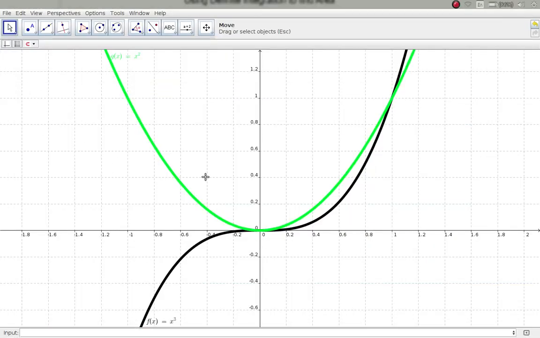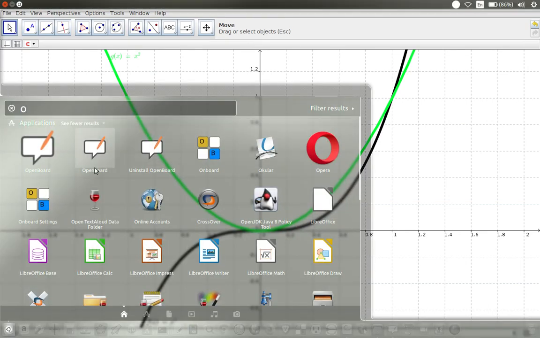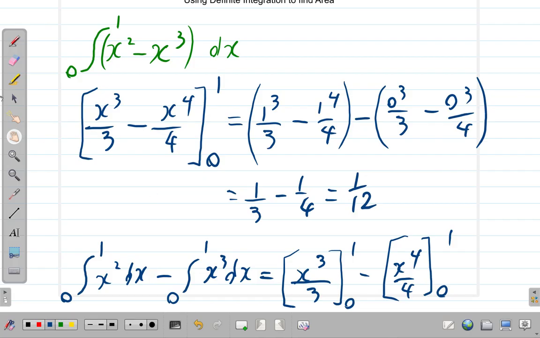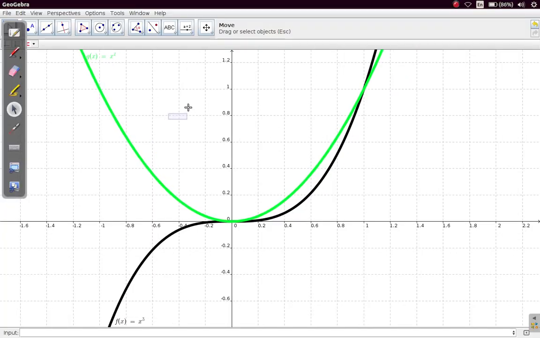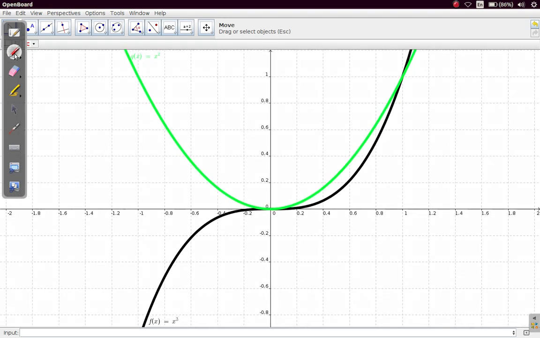Alright, so I'm not seeing my pens, so let's go again. Okay, good. So in green, we have y equals x squared. In black, we have y equals x cubed. Now, from 0 to 1, this is 0 here, and this is 1. What we're looking at here, the answer we got, 1/12, would represent this area,